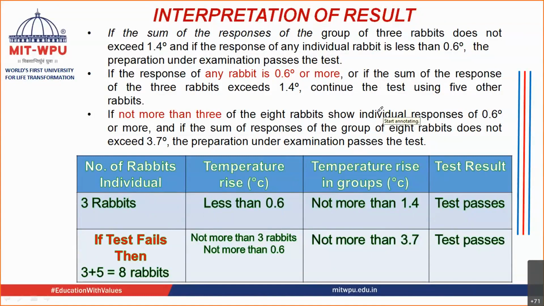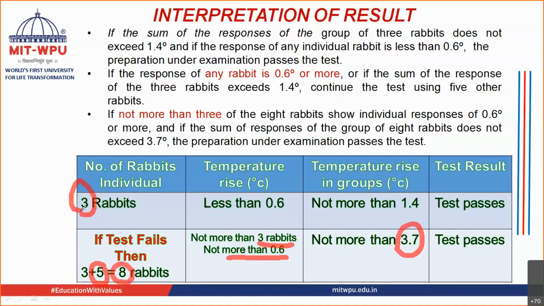If the test fails, then you have to carry out the test of the same product with 5 more rabbits. Now the total number of rabbits has become 8. Not more than 3 rabbits should have a rise in temperature of 0.6 or more. And the total rise in temperature should not be more than 3.7. If it is satisfying this condition for these 8 rabbits, that is, the first 3 and the next 5,